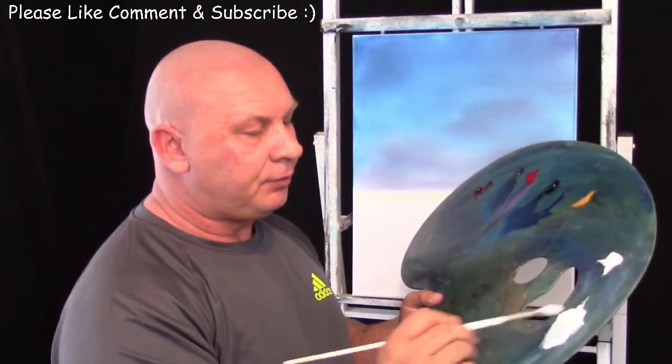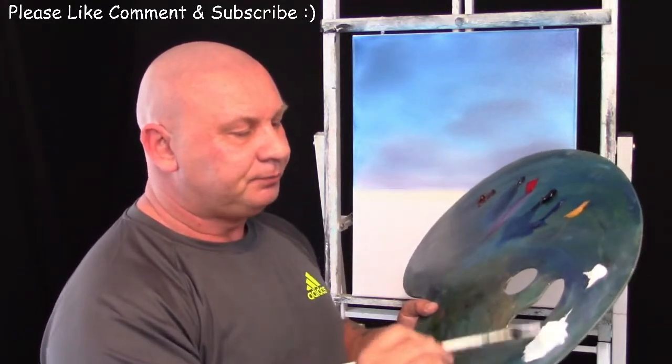Now, a lot of people struggle with clouds, but it's very simple because clouds are very different shapes. Obviously you want them sort of like cotton wool, sort of puffy formation, but you haven't got to worry too much about them. The main thing is I'm going to use a fan brush today, and you want to load the brush up both sides,